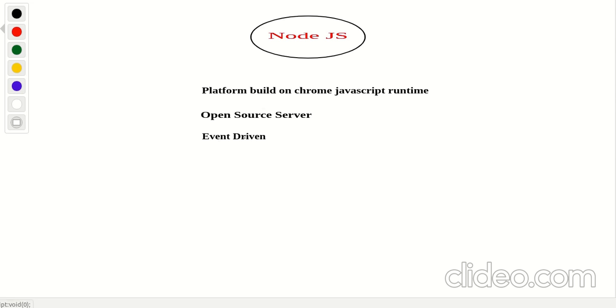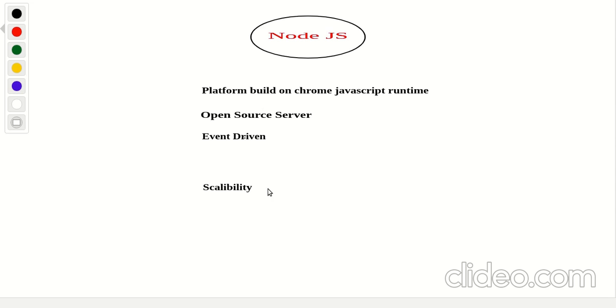Another important feature of Node.js is scalability. It can be scaled horizontally or vertically, both ways. In horizontal scaling, we can add many nodes, meaning we can route or add many nodes in a single application with new features.